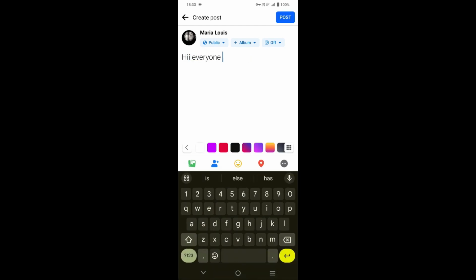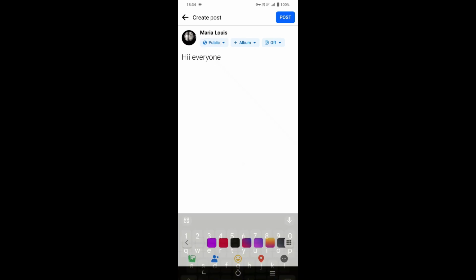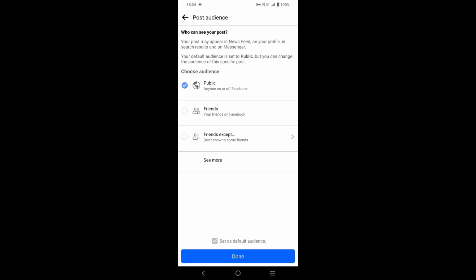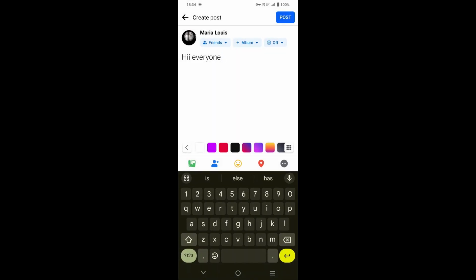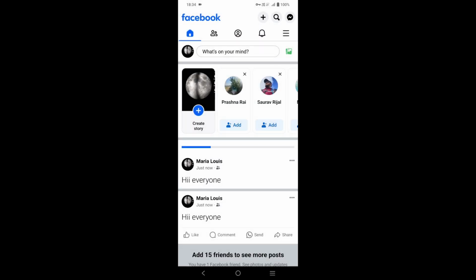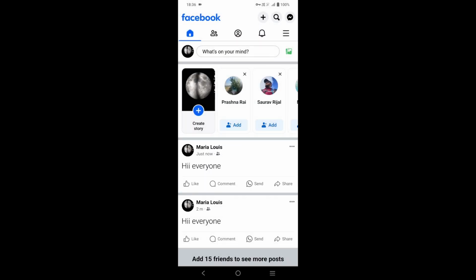When you finish creating your post, and below our profile, tap on public and set your post to friends. After that, tap on done, and on the top right corner, tap on post. When you share your post to your friends, only your friends can see your post and they cannot share your